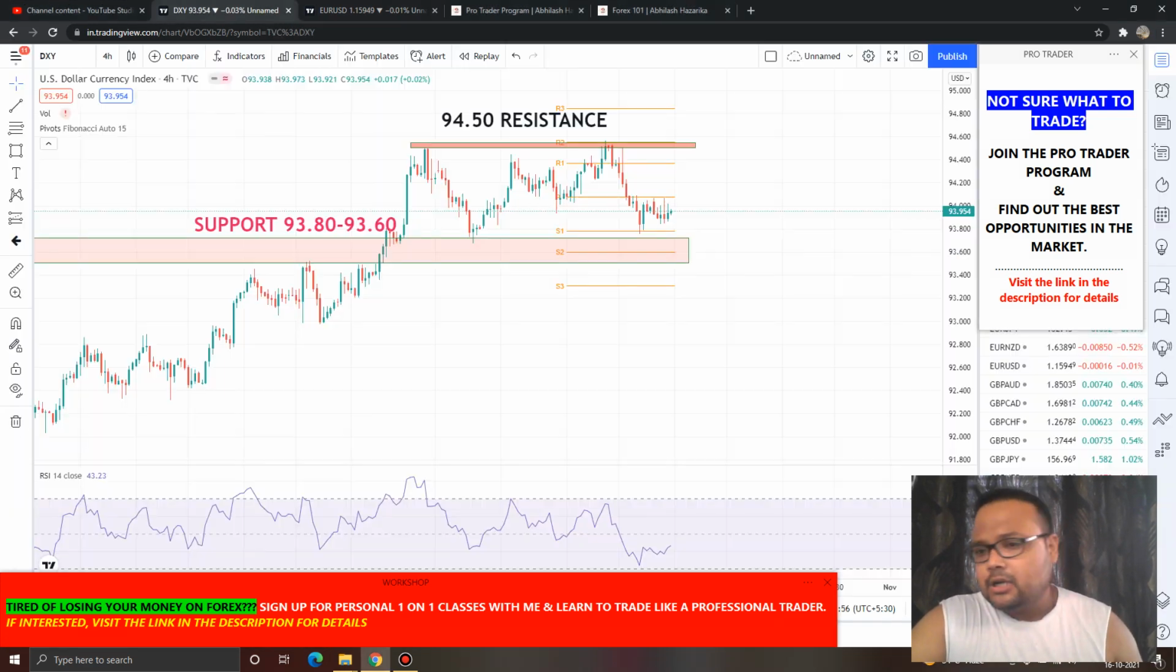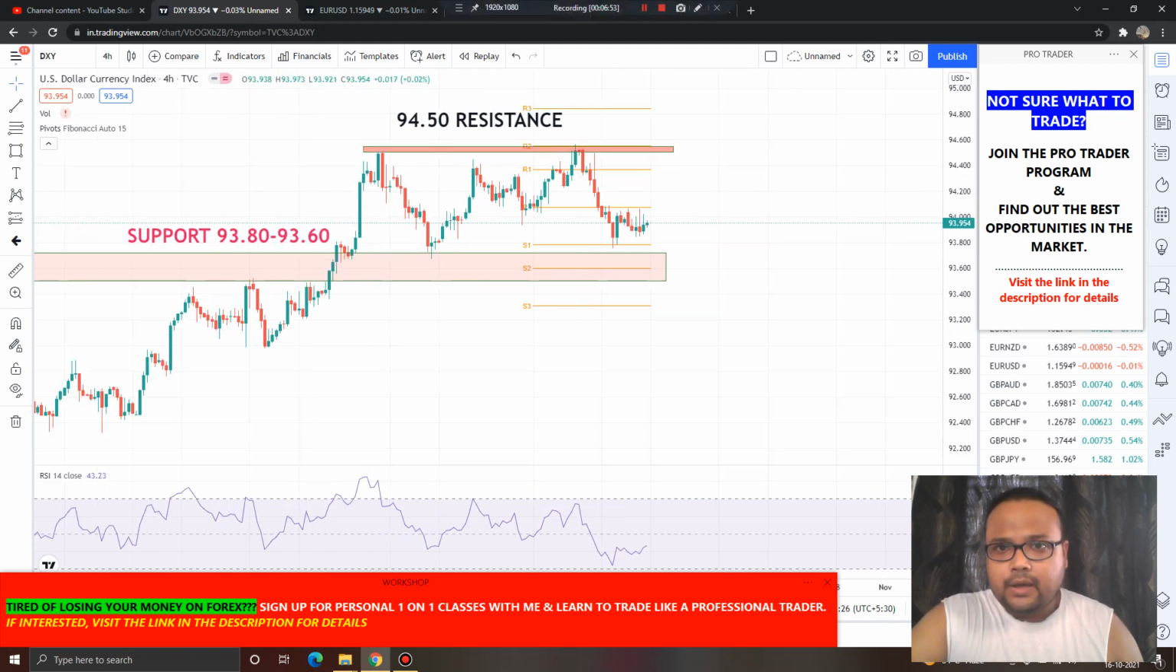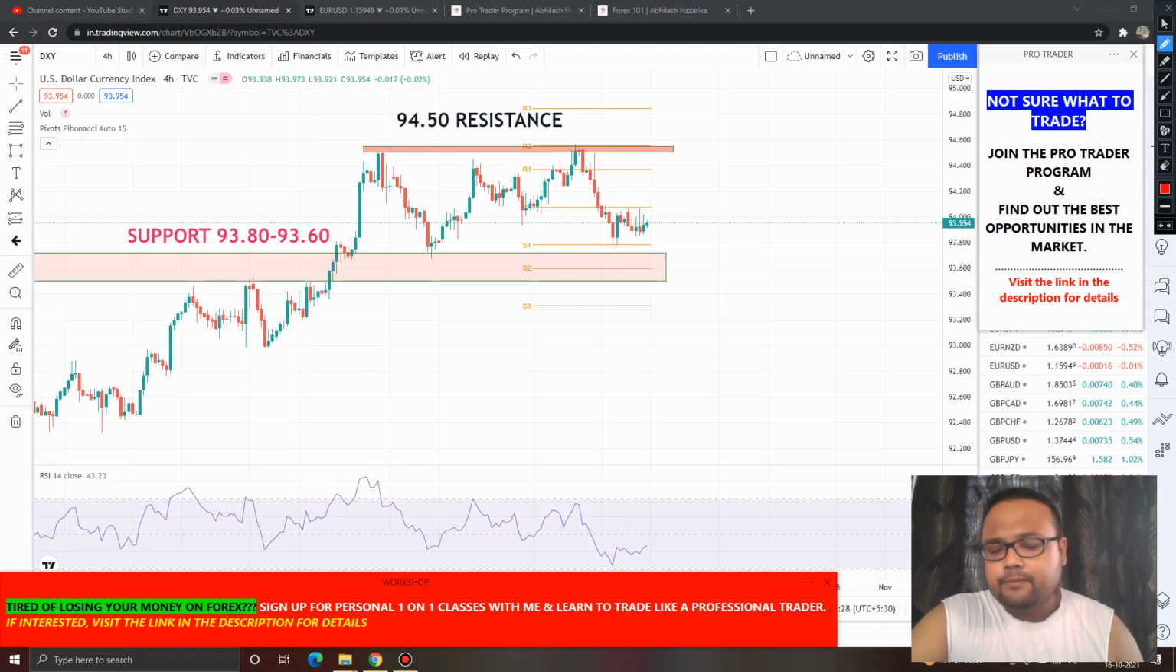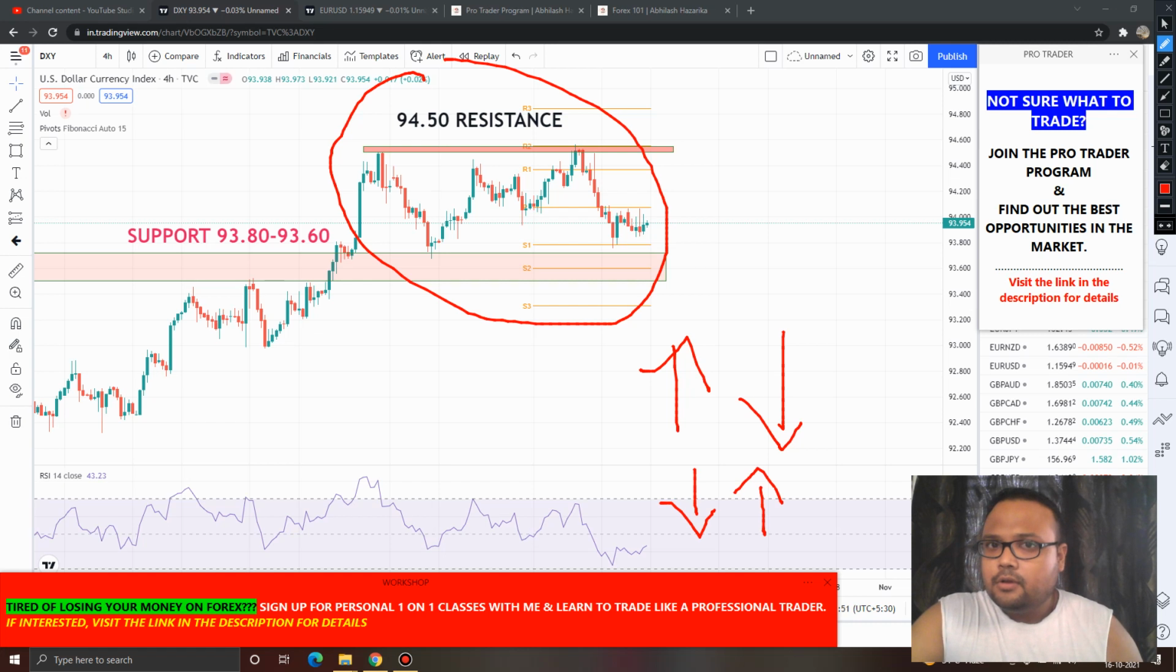Okay, and if you look at the chart of DXY US dollar, then you can see that DXY, though the market is in an uptrend, but if we just focus on this present trend of the DXY, then you can see that DXY is also sideways. So 93.80 is acting as a support for the market, whereas 94.50 is acting as a resistance for the market. So as we all know, when dollar goes up, Euro USD goes down. When dollar goes down, Euro USD goes up. So if you are shorting